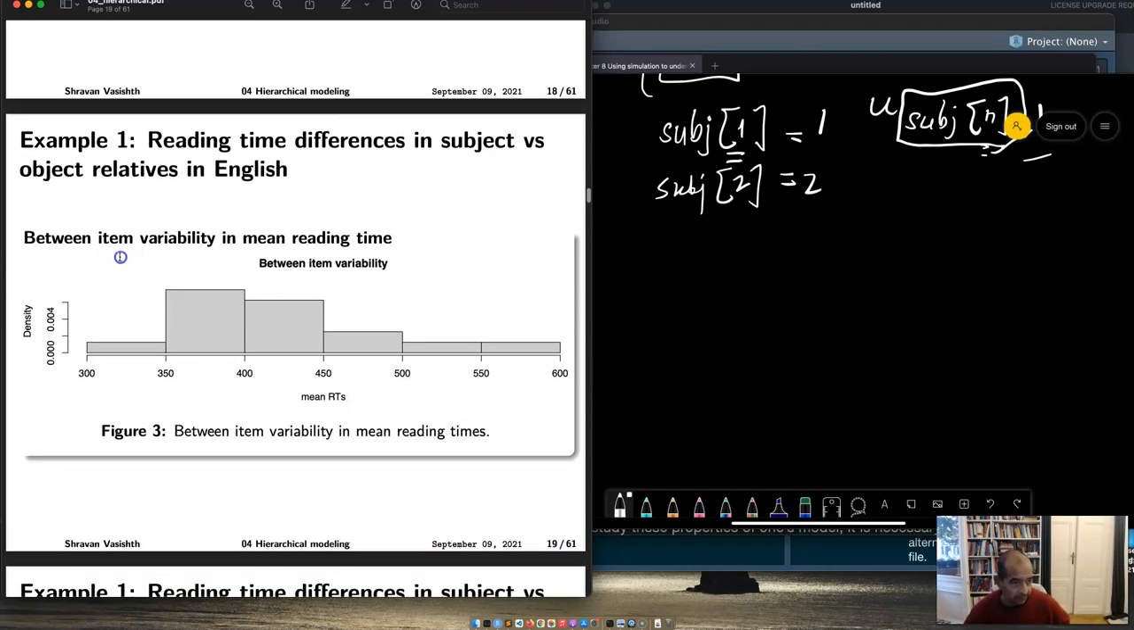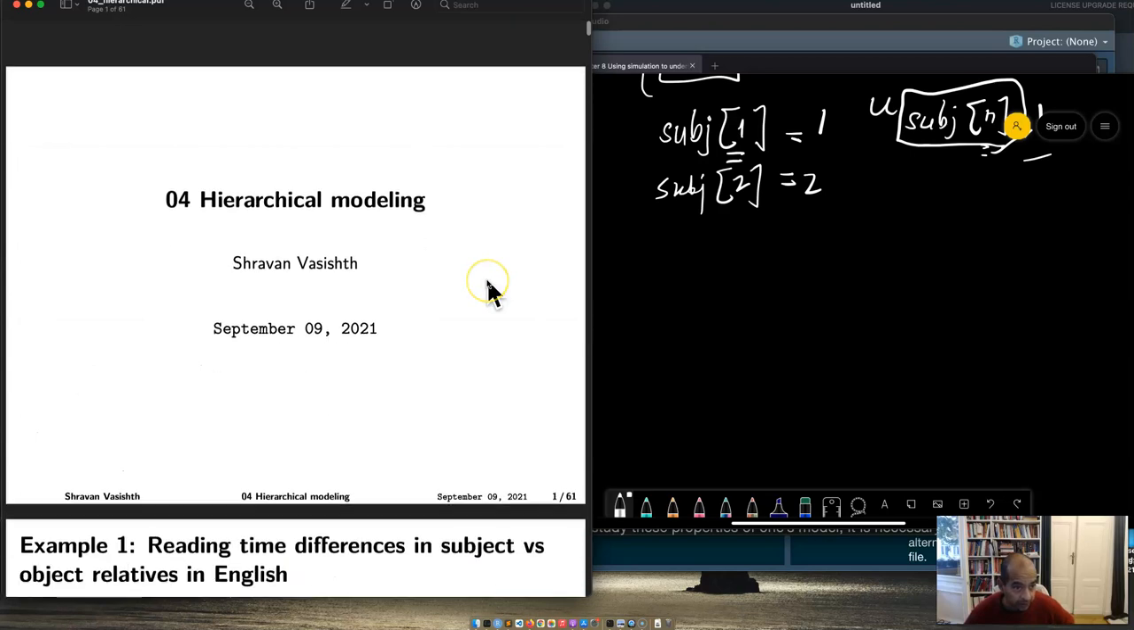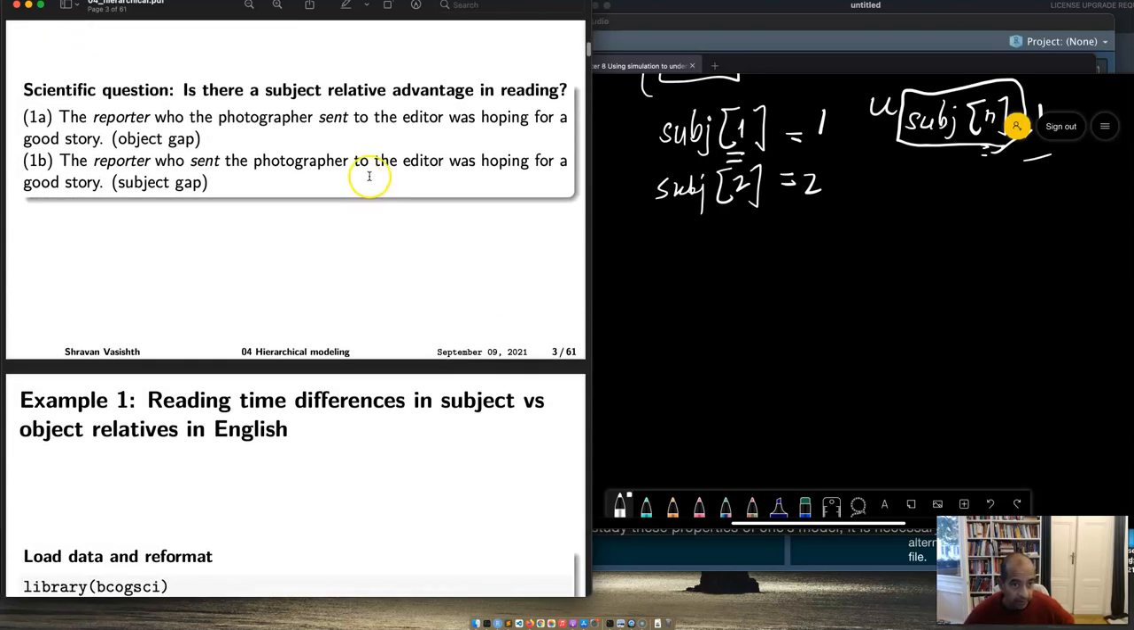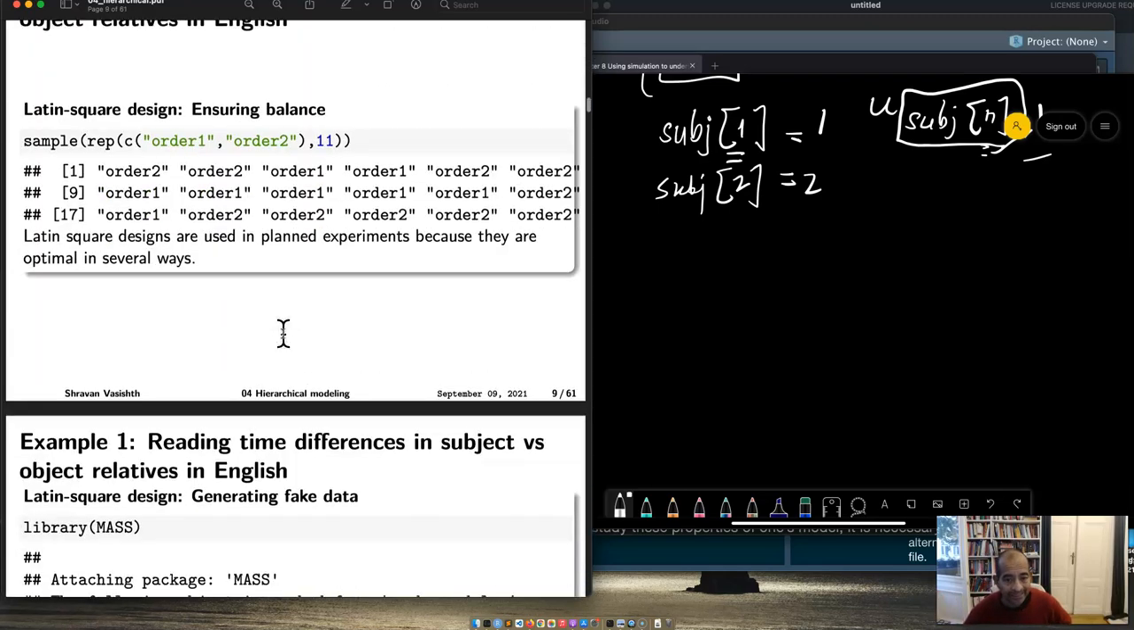Another thing to notice in the data is that the items also vary. Some items are read very fast. Some items are read relatively slowly. This can happen because you've got verbs of different length. This is slide 19. If we go back to the earlier slide, here we have a short word like sent, but you could have another word like investigated, and that would take longer to read. That is why you end up with